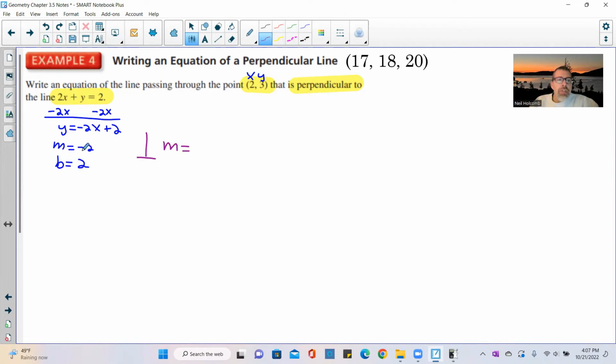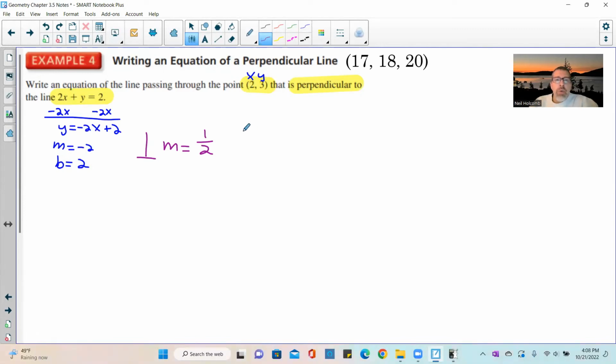And since it's -2, think of that as -2 over 1. The negative of a negative is positive, and the reciprocal of 2 over 1 is 1/2. So if this sign's negative, this one has to be positive. If this is a 2, the inverse of 2 over 1 is 1/2. So I need to come up with a line that has a slope of 1/2 with the point 2, 3